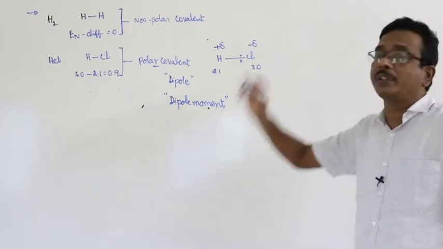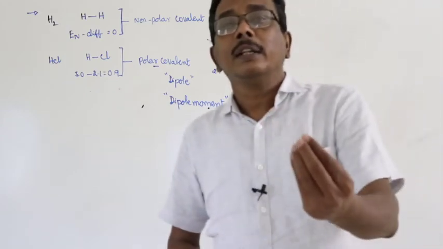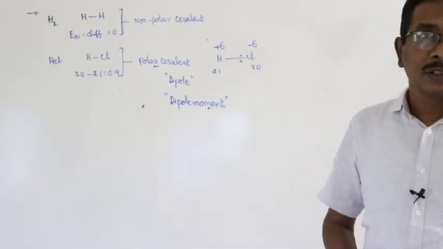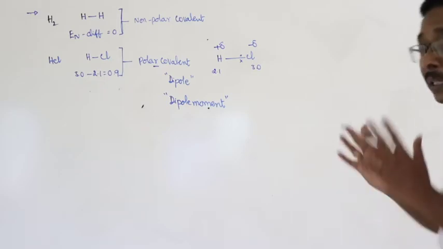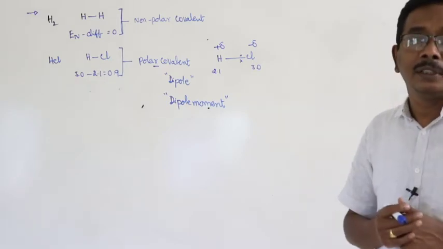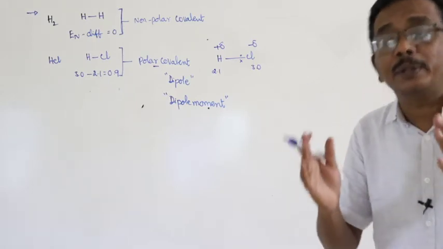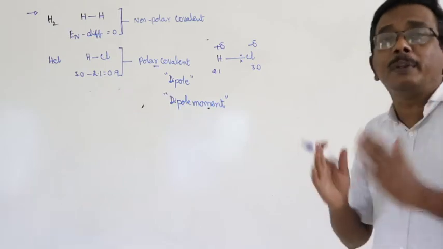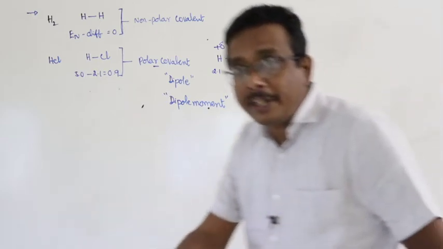Here the topic is dipole moment. What is the significance of dipole moment? Here the polarity of the molecule is expressed in terms of dipole moment. But this is the modern and modified concept which played an important role to determine geometry of the molecules and bond angles and also bond lengths mathematically, right?